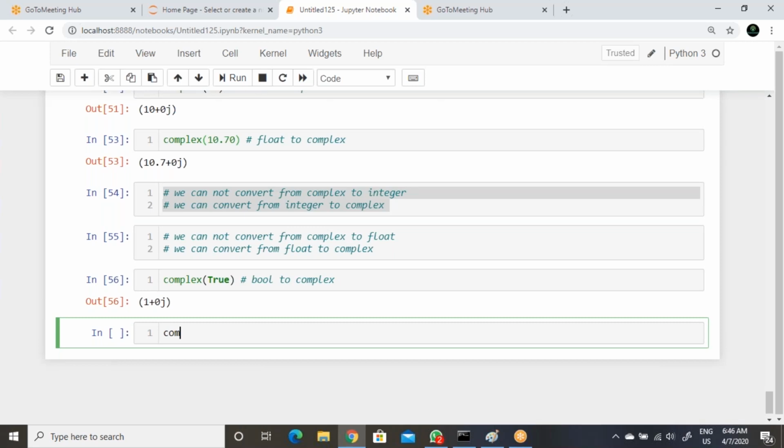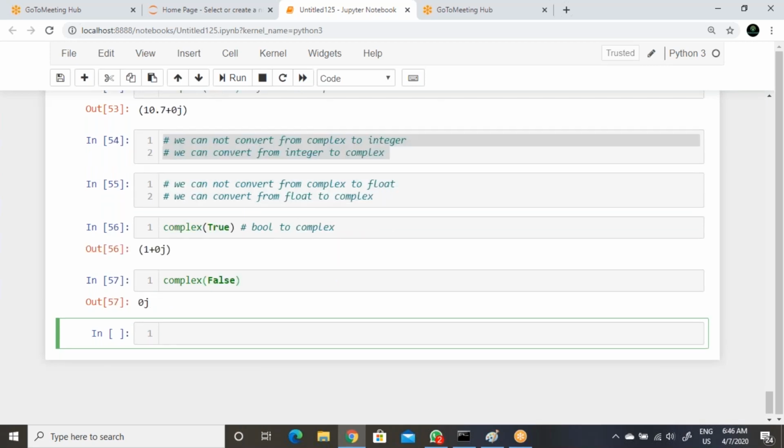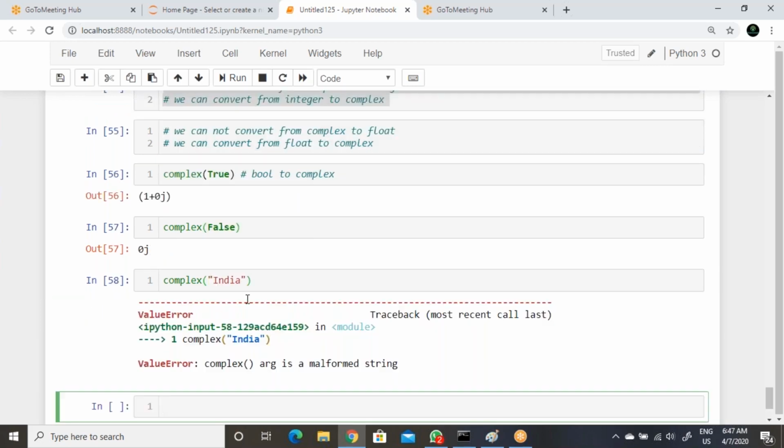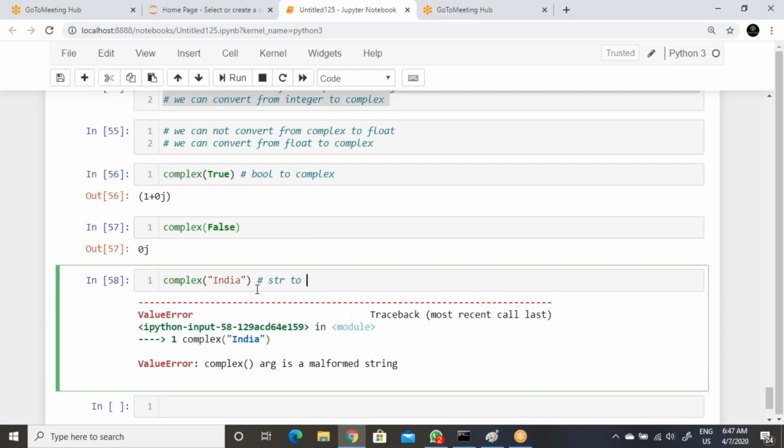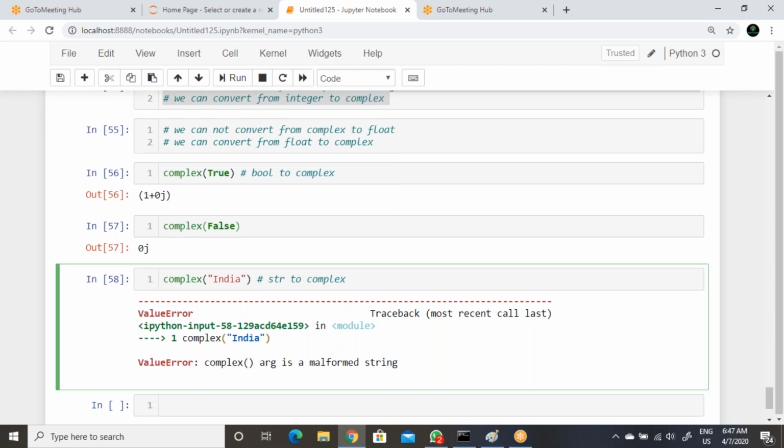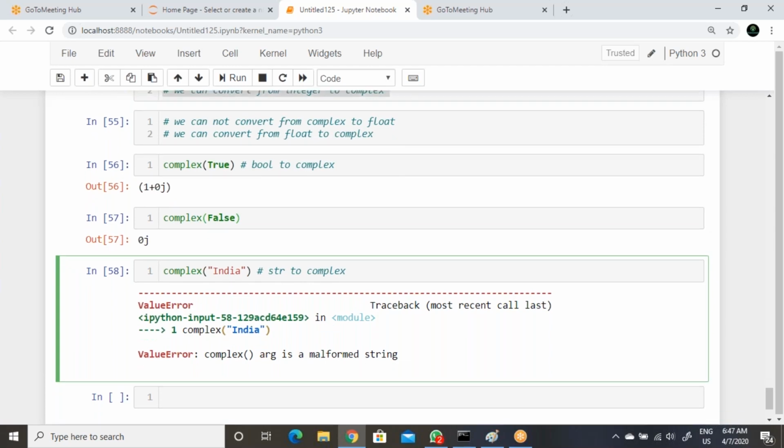So here you can write we cannot convert from, sorry, string to complex. So that's it. Then we have one more thing, the bool data type.